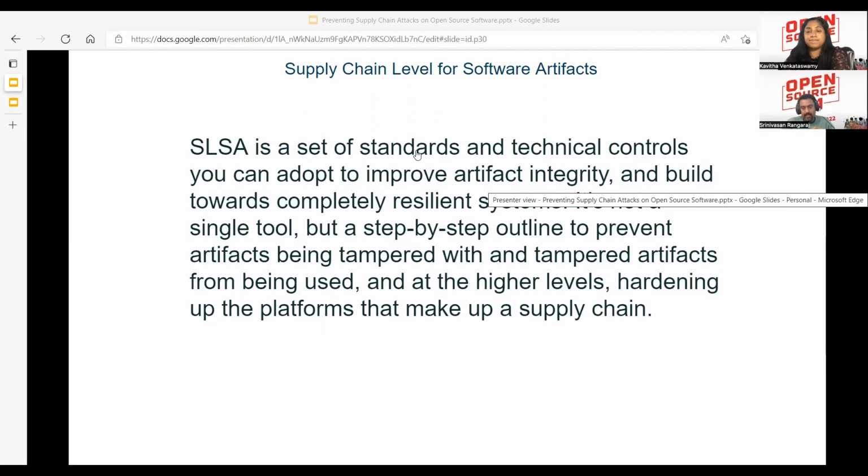Based on Gartner, by 2025, 45% of organizations worldwide will have experienced attacks on their software supply chain. This is a prediction from Gartner. So it becomes very, very important for us to have visibility of all the tooling that we have in our environment, and understand what the limitations of the tools are, and how tools can be an attack vector for malicious actors. And the key is, how do we protect our artifacts,